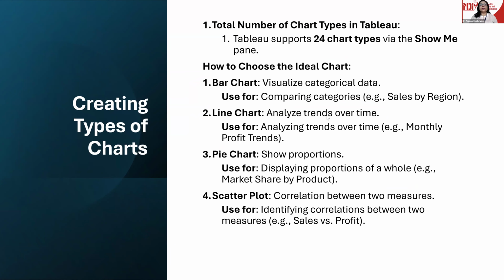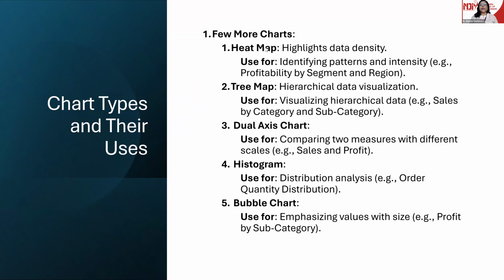Similarly, if we move forward, the heat map we made yesterday highlights the density. The higher the density, the higher the sales or profit, whatever you're using. If you're using profitability by segment and region, the higher the density, the higher the profit in that particular segment and region. So you will go for a heat map. Tree map is a hierarchical data visualization where you have seen so many squares. The larger the square, the larger the profit. So in this way, we made the